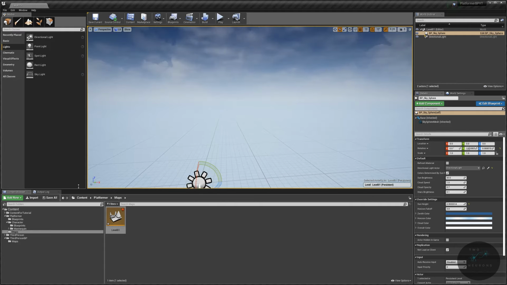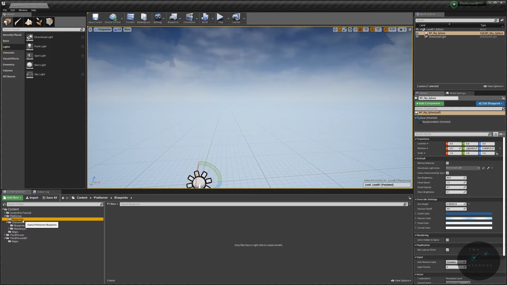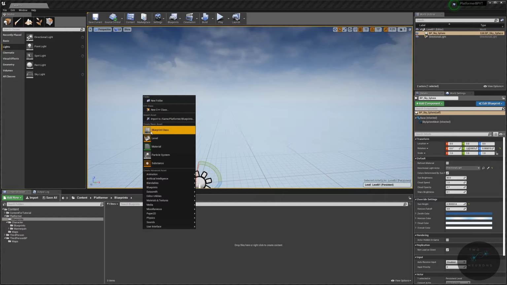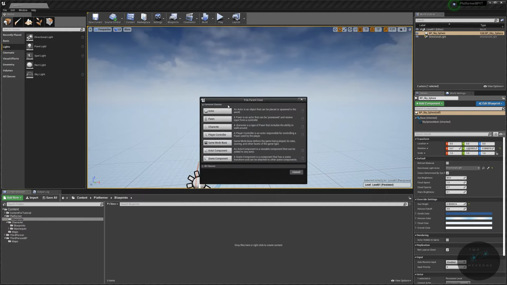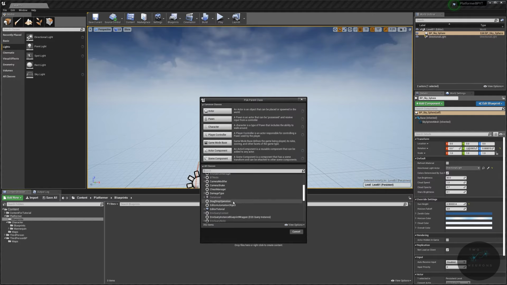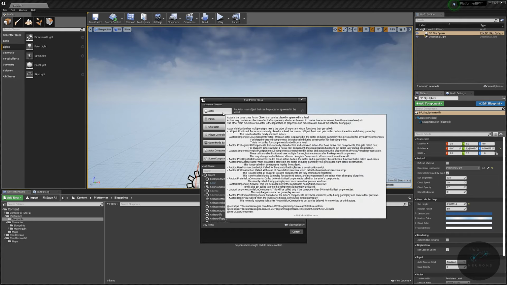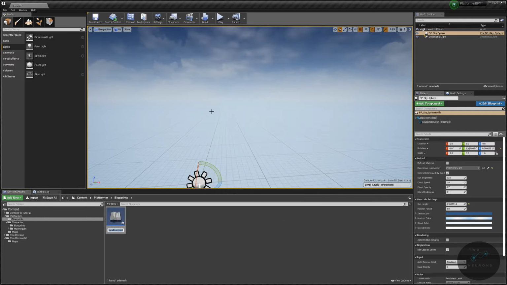The next little bit is where we're going to create our first platform material that we'll use. And we're going to do that by creating a blueprint for it. So go to your blueprints folder, and in here, right click and click blueprint classes. This will open a dialog with various classes. There are more classes than what is listed here. So if I hit all classes, I can scroll through or search for the class I'm looking for. However, in this case, I just want a simple actor. So I'm going to select actor, and then type in BP for blueprint, underscore